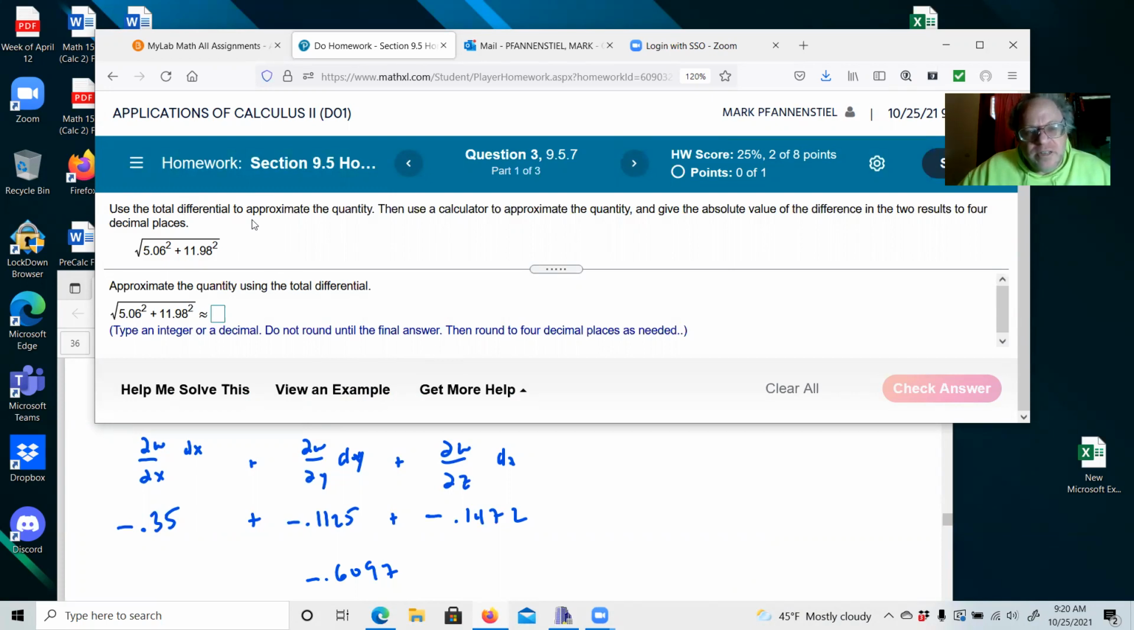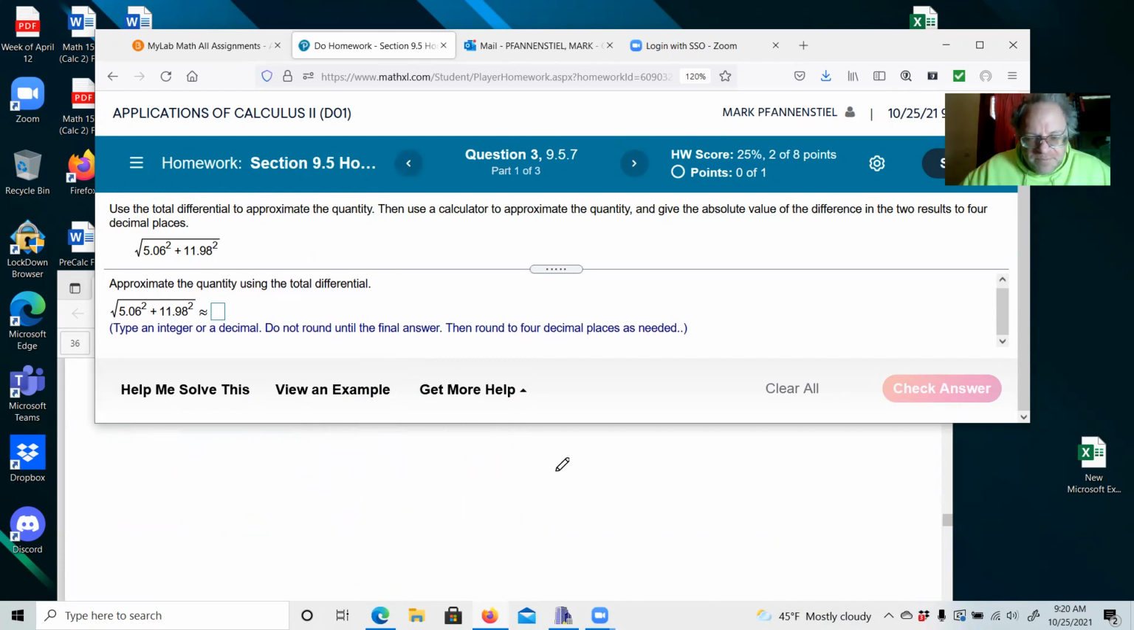Use total differentials to approximate the quantity. Then use a calculator to approximate the quantity and give the absolute value of the difference of the two results to 4 decimal places. All right, so what we're going to do here, okay,